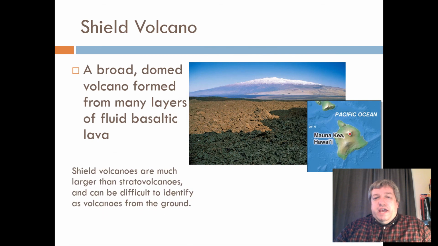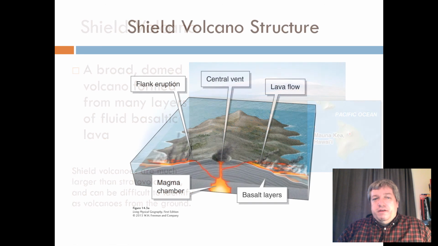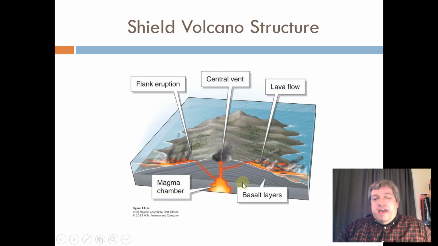Now, a shield volcano also erupts, but the difference here is the lava is much more fluid, more water-like. It runs faster, less gooey, if you will. And so the sides of the volcano are much more shallow, not as steep, and much, much larger. You can see again they have many, many layers, but at a much shallower angle. They often have what are called flank eruptions because it's such a wide, broad volcano.